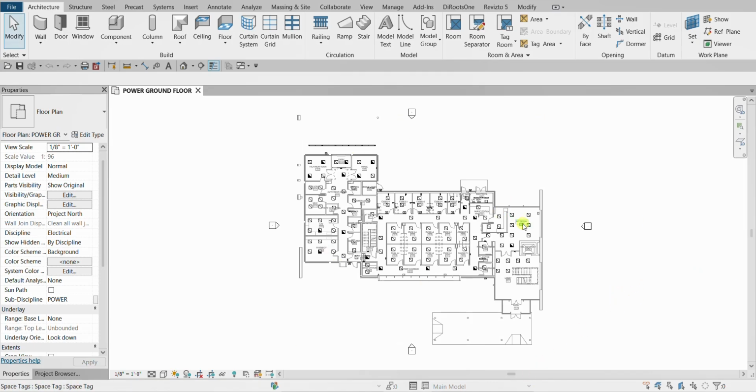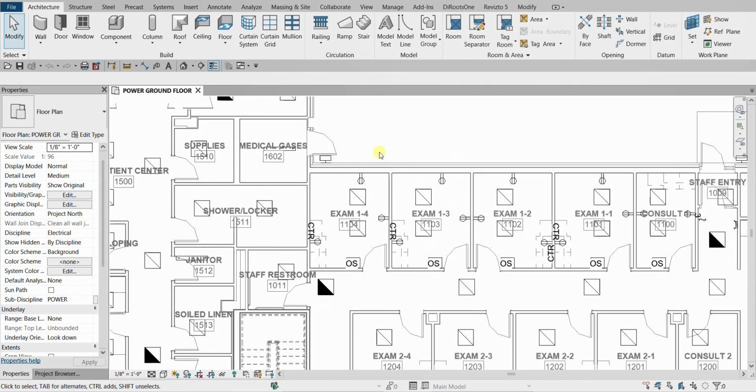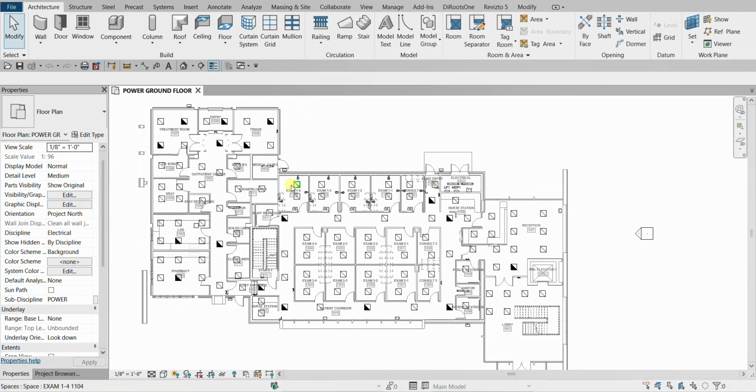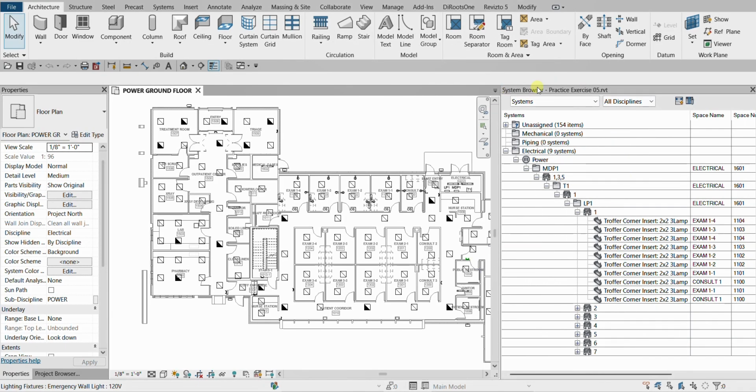Okay, so as you can see in this project, lighting fixtures and lighting devices have been placed along with some electrical fixtures, right? Now, let us check what are the families or the electrical discipline items that are already part of the circuit or not yet part of the circuit. To do that, you can use your system browser. To open your system browser, you can right-click on a blank space, look for browsers, and then you can see the system browser. Okay, you can see my system browser here. So I'm just going to